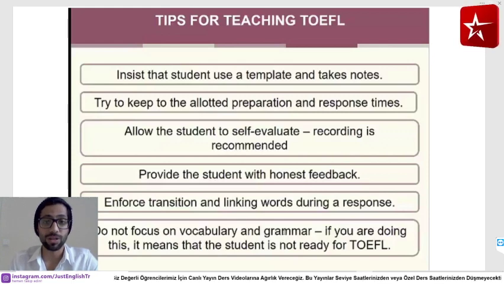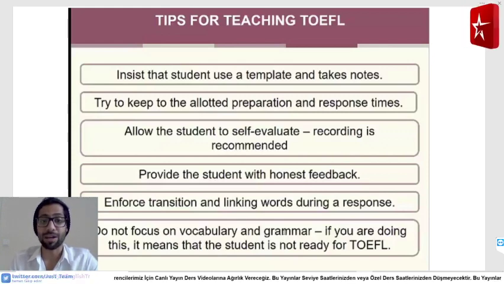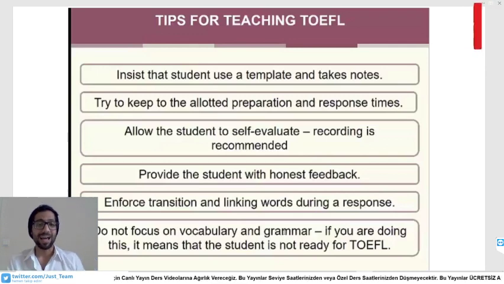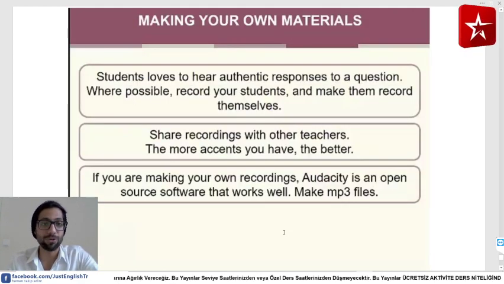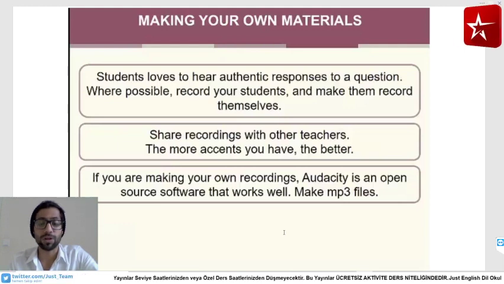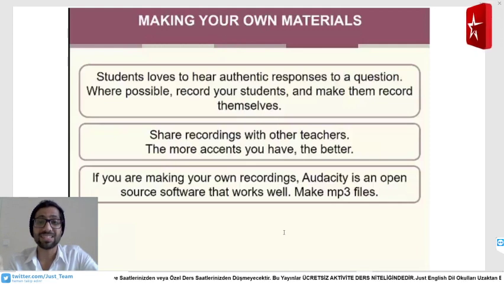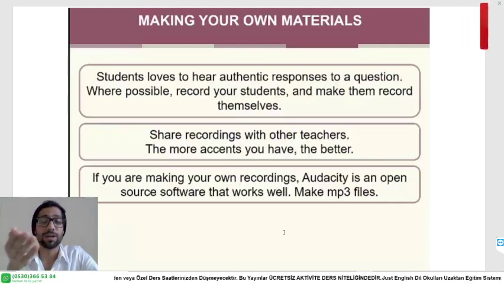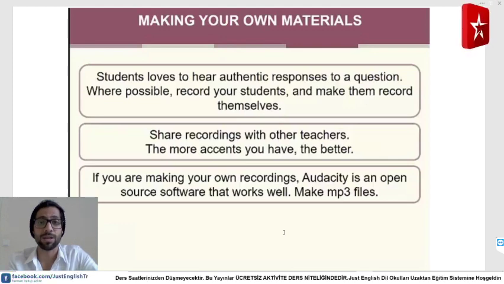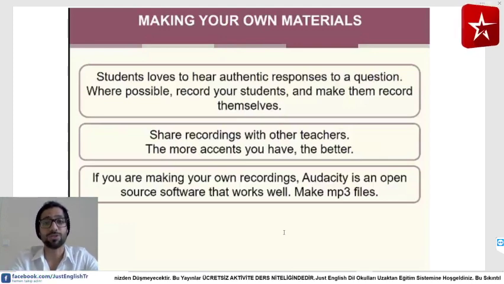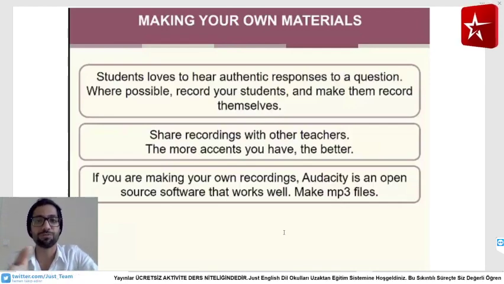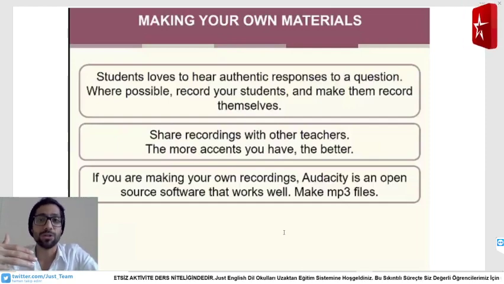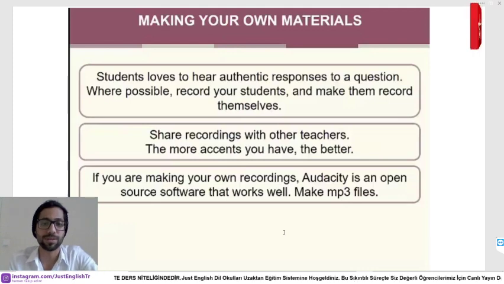So take notes, as I said, try to get feedback from your teacher, self-evaluate, listen and understand what's wrong, what's right. We will not focus on grammar and so on. This is important, as I said: a student to a student, students can be a great critique. If you give a listening part to another student and he can find the mistakes of this student and vice versa, it will be very good for both of them to learn faster and to prevent any future problems that might occur.